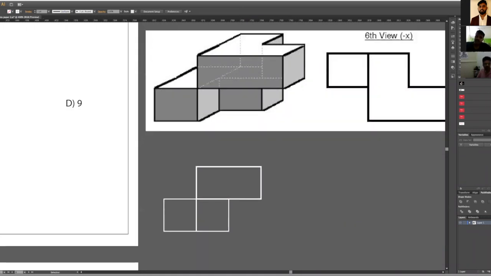Now, if I see the object from here, I will be having a square, which is nothing but this one on top, this top floor. Then another one is the ground floor, which is this square. That is how it will look.